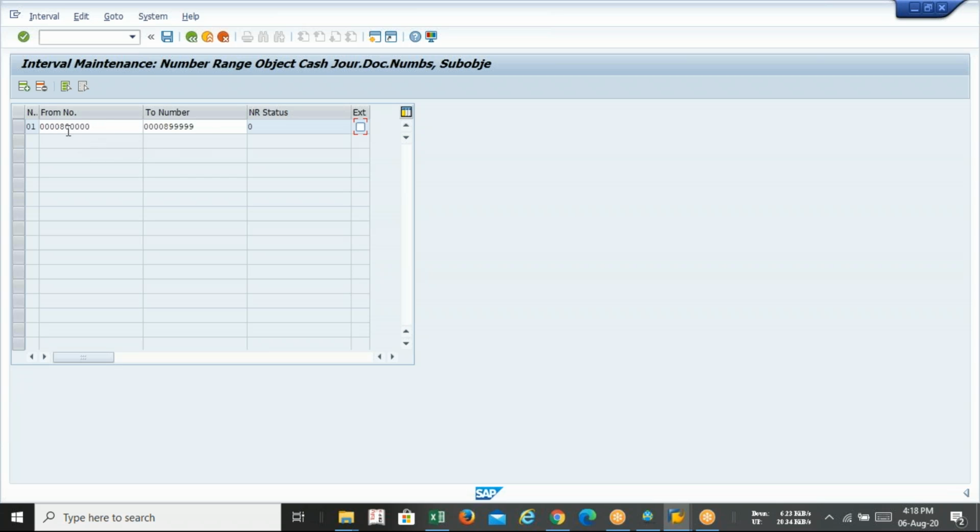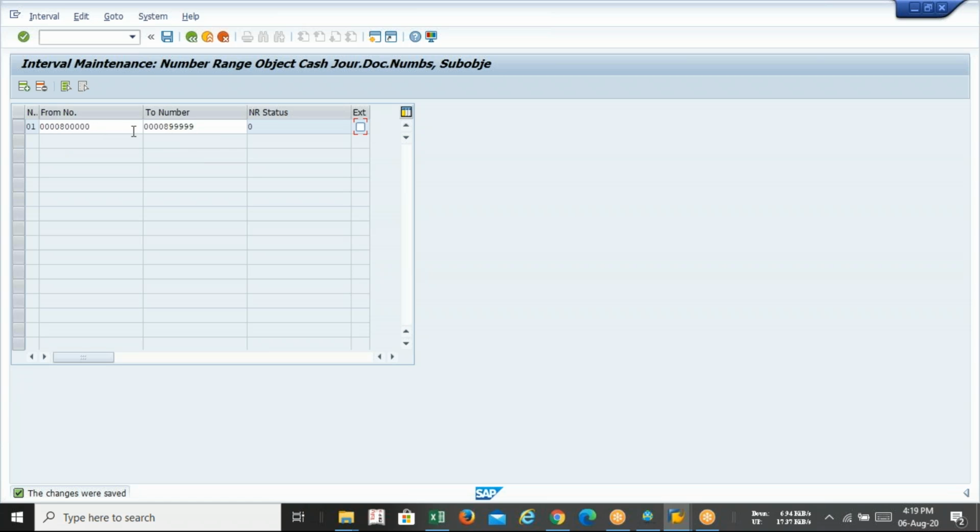So this is a range. The total difference in this range is 99,999. If we fill all 99,999 transactions, then from the next transaction we have to insert another line. Till then we can use this number range irrespective of my fiscal year. I repeat, irrespective of my fiscal year. Whatever fiscal year you have, it does not matter at all for the cash journal. So the cash journal number range will change only when the range is filled with transactions.